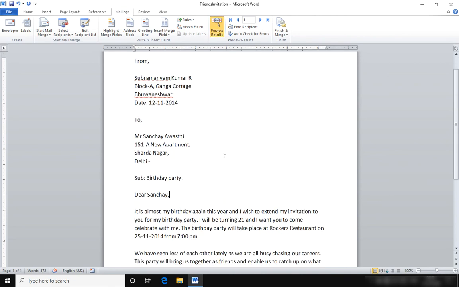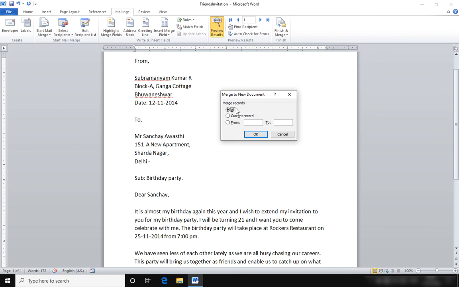After you are done with your mail merge process, click on Finish and Merge button and select the appropriate option as per your requirement. For example, you can also print the documents straight away, but for now I will click on Edit Individual Documents. This gives a dialog box. If I click on All, it will generate the individual copies of letters for all the names in the recipients list. If I want only for the current record, then it will go for the selected recipient number.